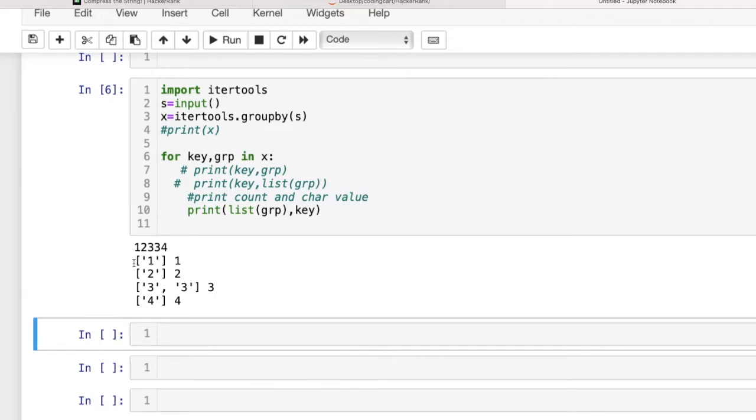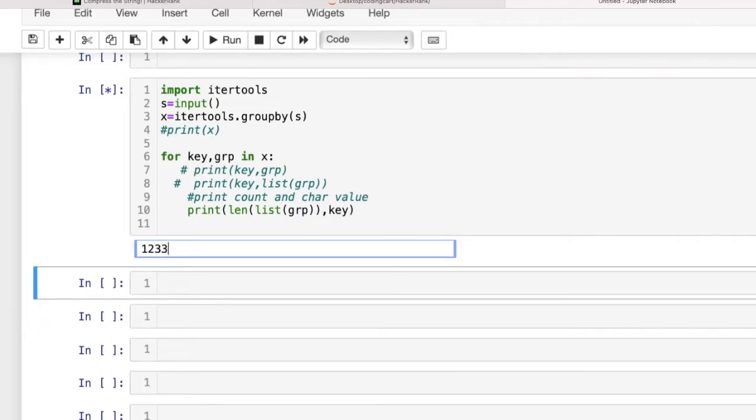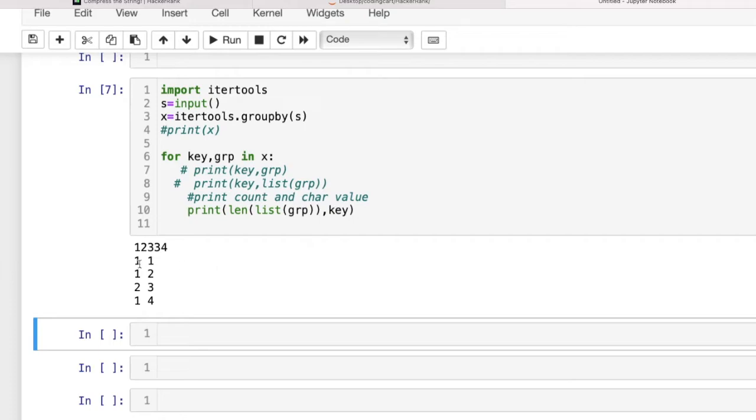So now you can see it is printing correctly, but we have to print the count here, how many total values are present. So we can simply use a length function. If you use the length function for this one, it will be 2 and the key value is the same 3. For this one our length will be 1, again length 1, again for this one the length will be 1. Now let us execute this one. So you can see it is working fine.